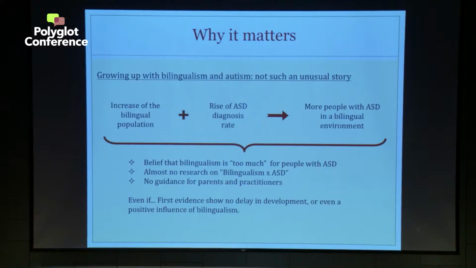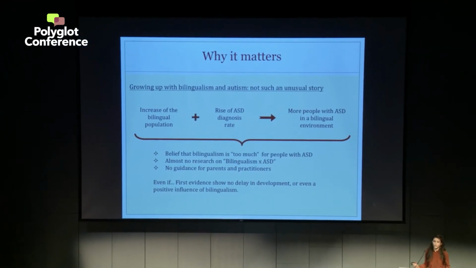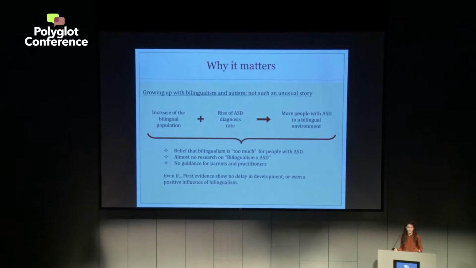On one hand, there is a general belief that even for typically developing non-autistic children, bilingualism is still something that can be slightly complicated. So bilingualism for an autistic child, who can already struggle to communicate, would just be too much. It would be a useless cognitive overload for this child. So why would you ever introduce a second language to this child?